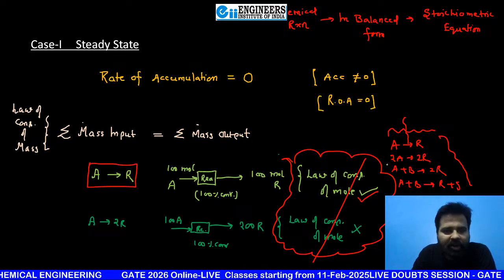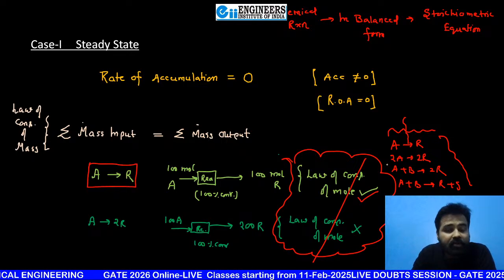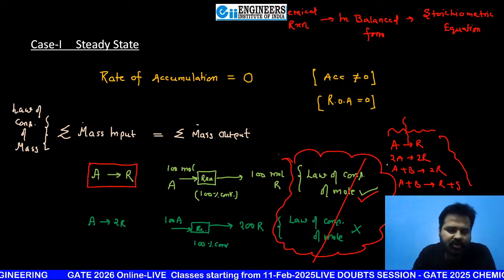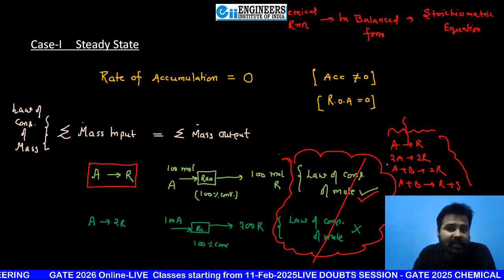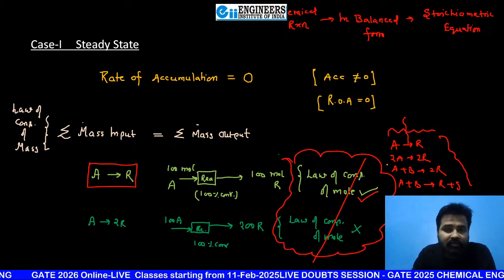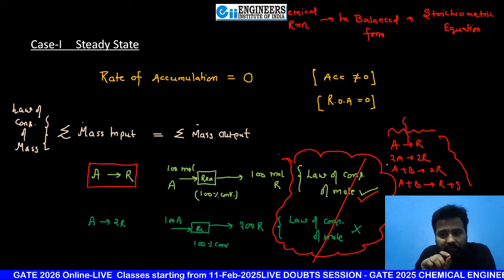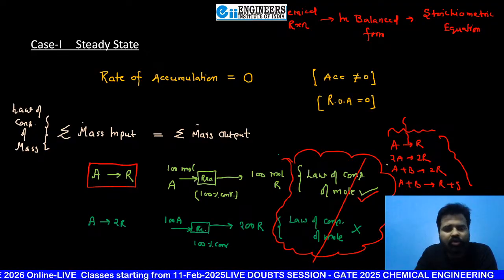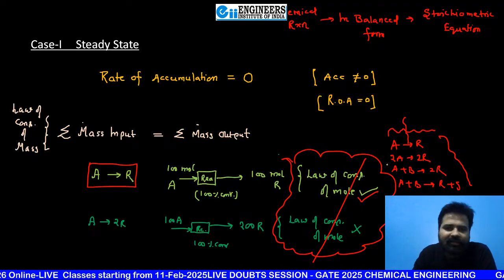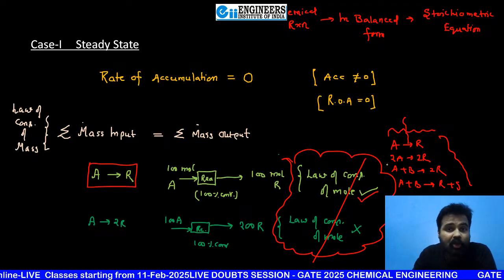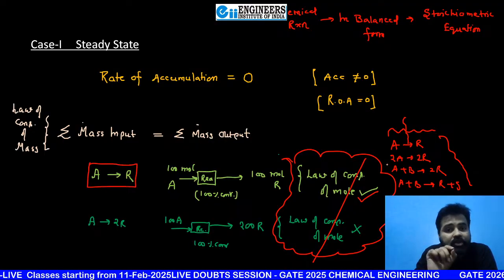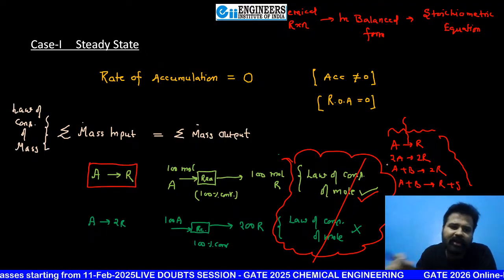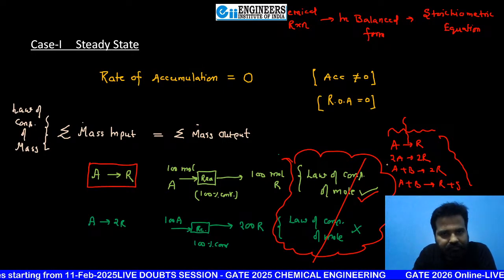If there is no chemical reaction, no need to worry. You can use it in a similar manner. Law of conservation of moles: moles will also not change. And if a chemical reaction is there, and the total of stoichiometric coefficients on the left hand side equals the right hand side, meaning the product side total is the same, then again you can use the law of conservation of moles in a similar manner as you saw conservation of mass.